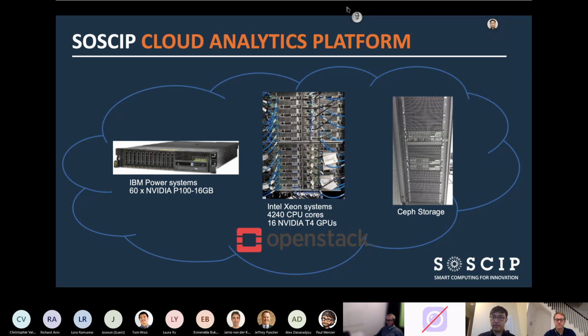On this cloud platform, we have more than 4,000 CPU cores, but we don't have a lot of GPUs on this, but we have a separate GPU cluster, which is our main cluster for GPU-related applications. But you can also do GPU-related work on the cloud as well, if that's what you need.